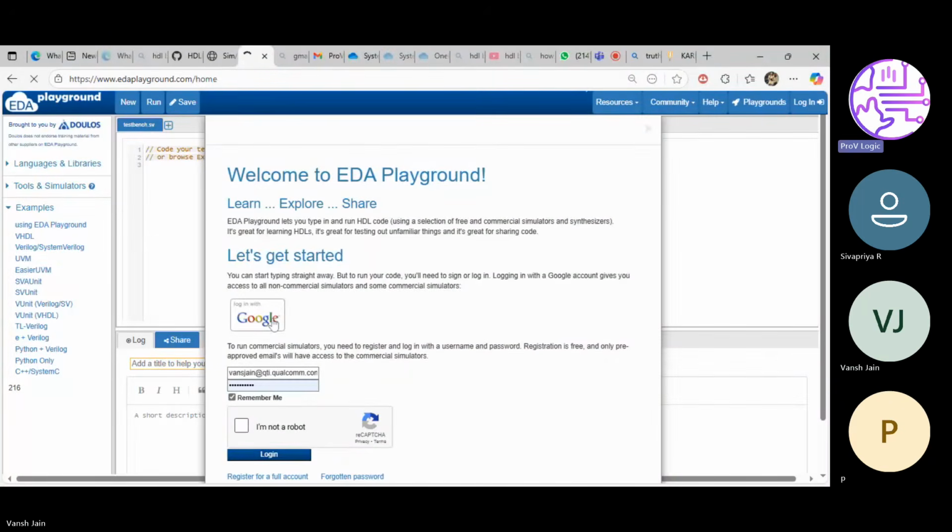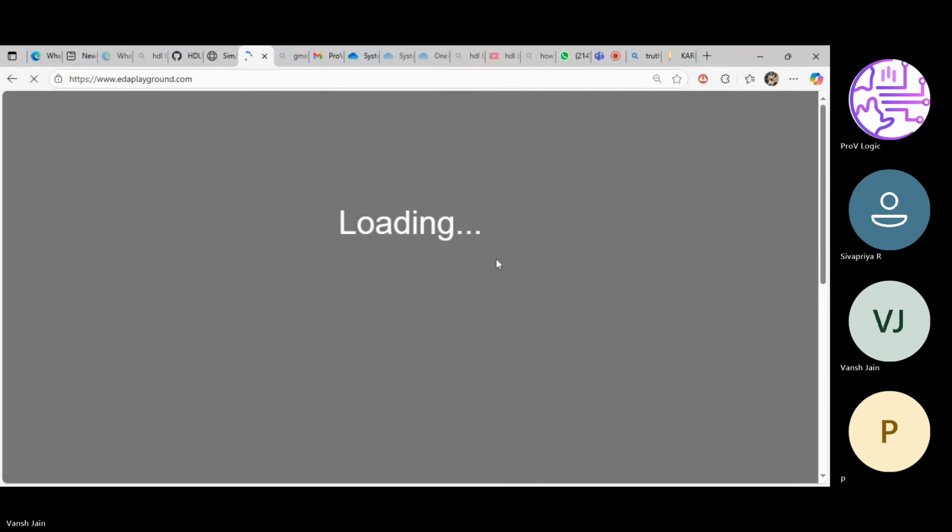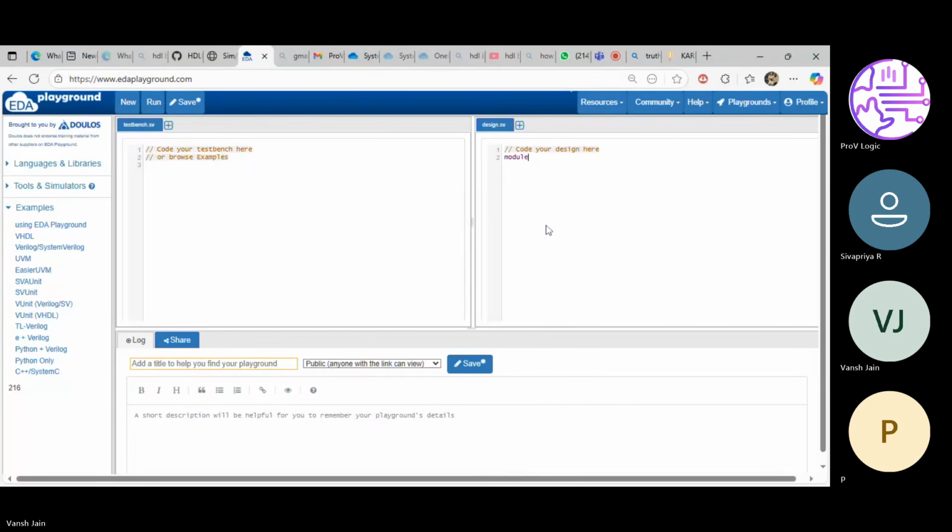A 2:1 multiplexer, right? Yeah, 2:1 multiplexer. Done.